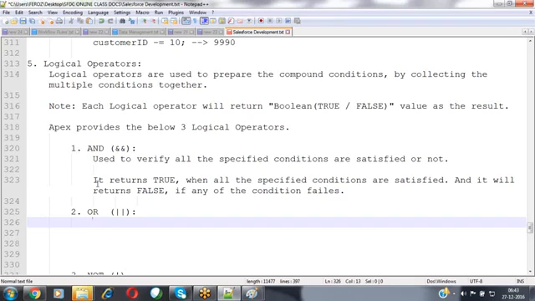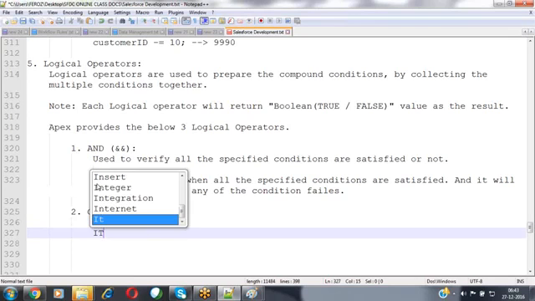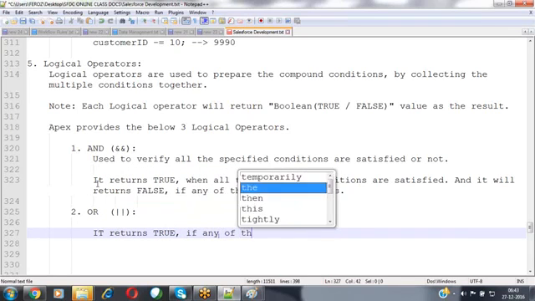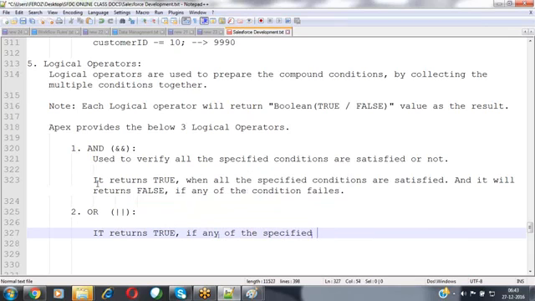The OR operator returns true if any of the specified conditions is satisfied.